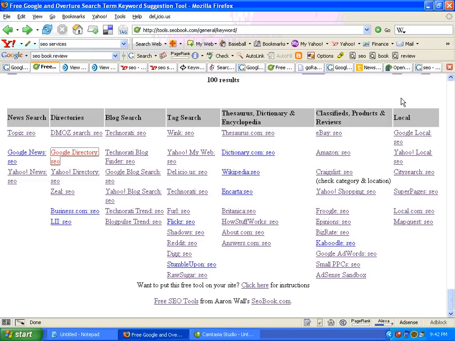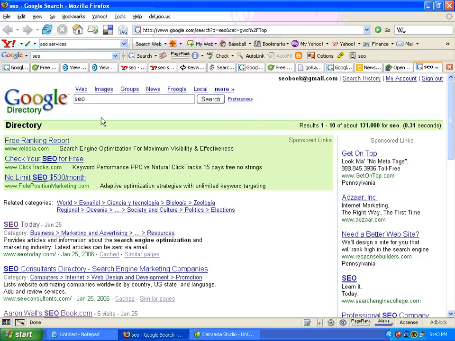The DMOZ directory can be cloned, or you can download it to your server and put it on your site if you wanted. For most people, I don't recommend it because you'll run into duplicate content problems. But some sites do clone it, and Google has a directory which is